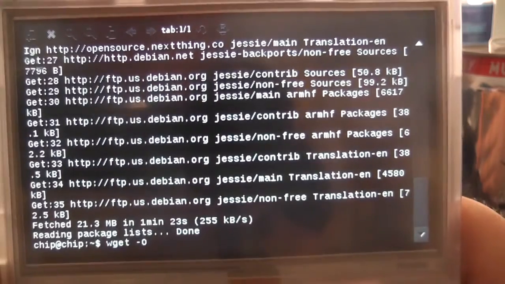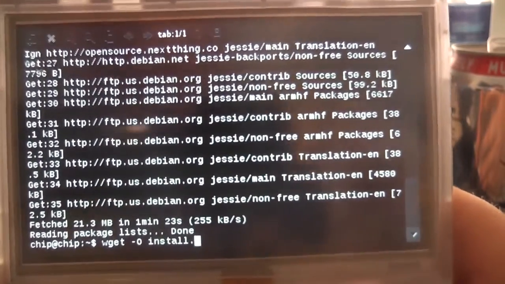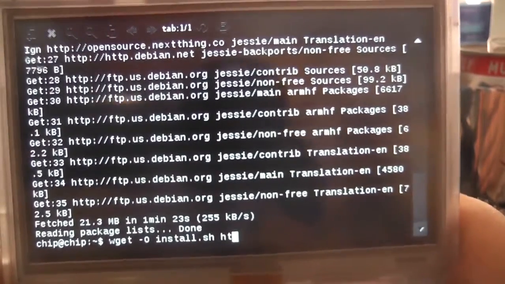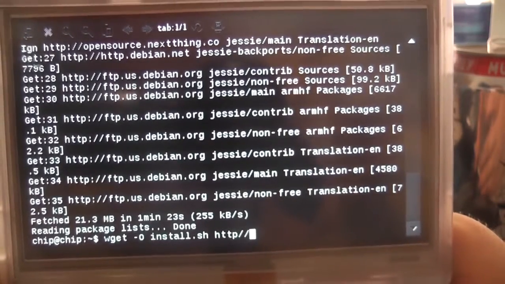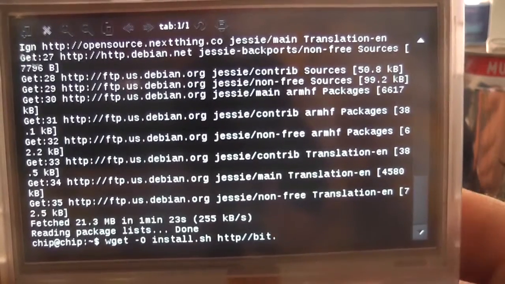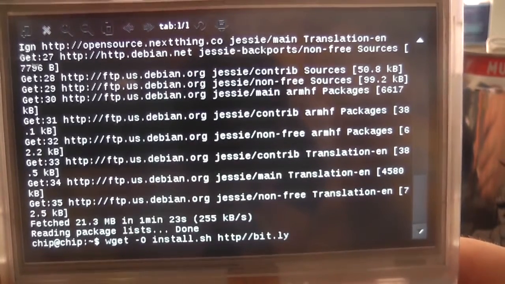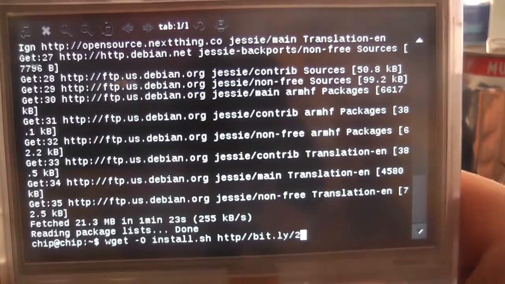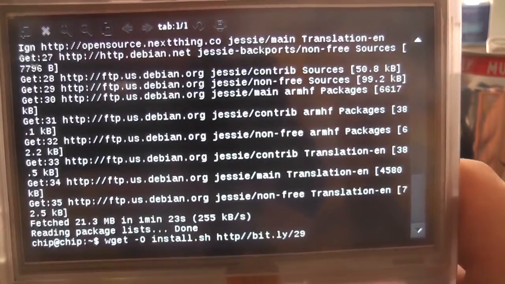It's a capital O, and it's install.sh, and then we have a HTTP link here, HTTP and /bit.ly, and it will be a /29x, so 29, and then an X, and this is actually a capital X, so we're going to want to